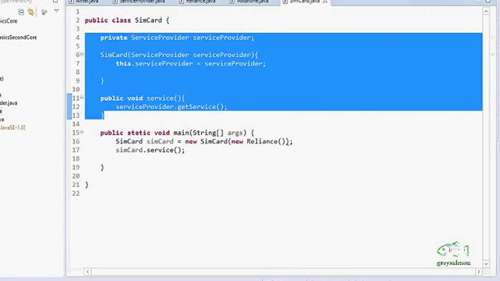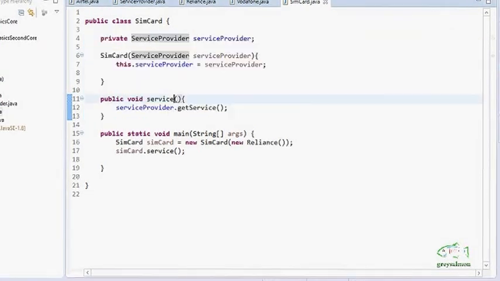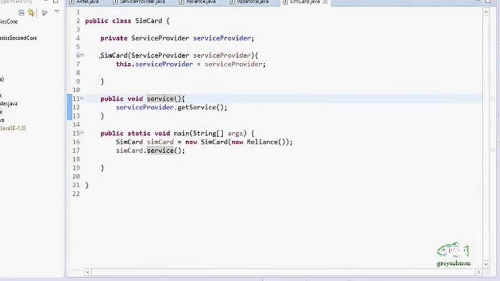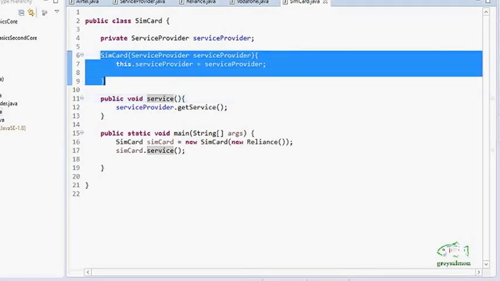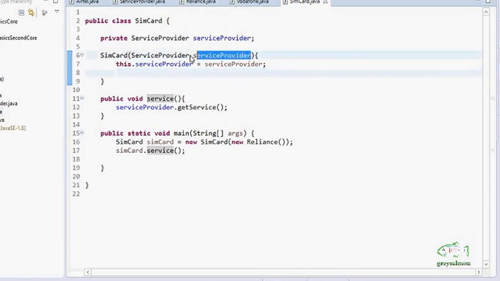Now how does the Spring framework provide these services? Now Spring framework provides the services, means it performs the dependency injection. Spring framework performs the dependency injection in two ways. Now first, with the help of the constructor. Now here dependencies are injected with the help of the constructor. Now the dependencies can also be injected by the help of the setter method.